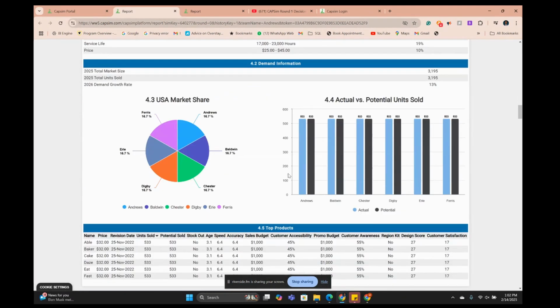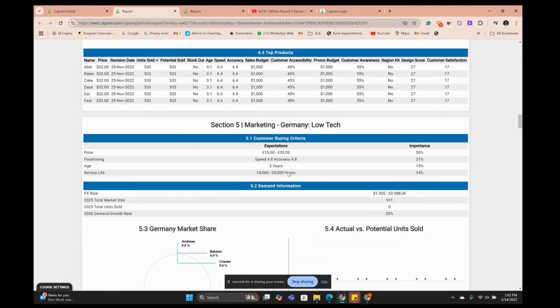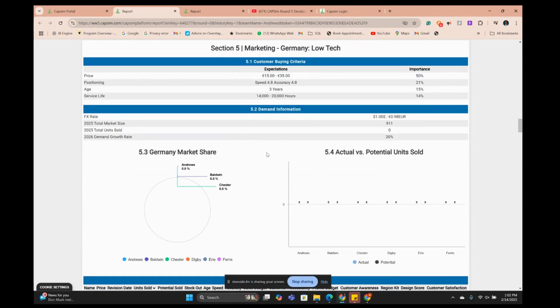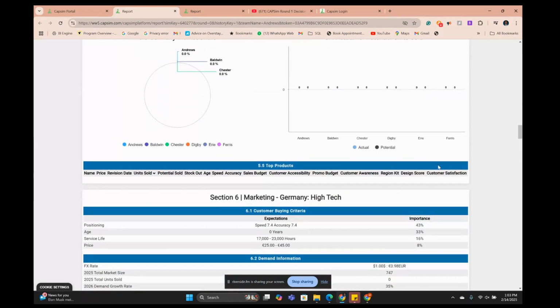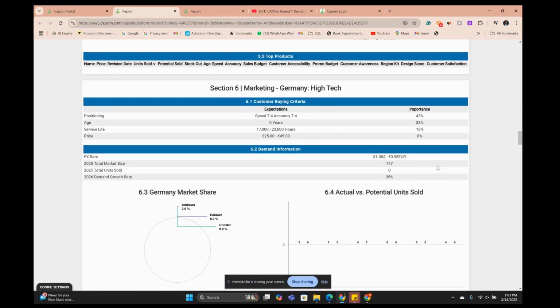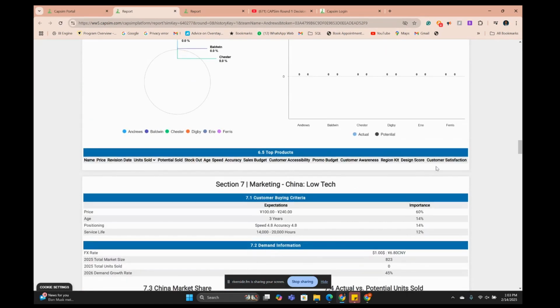And these are all the various markets. But in the Germany market, as I earlier mentioned, none of the players were present. So the market size for Germany for the low tech market is 911, a 20% increase year on year. So this is very vital information that you need to keep in mind when you're actually carrying out your simulation. So I'm going to show you in my round one. And also, it's important to know